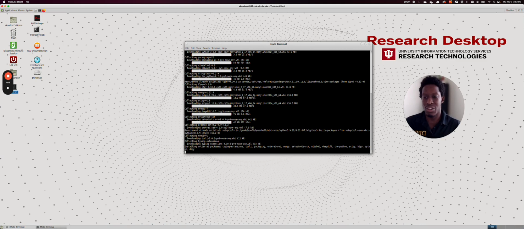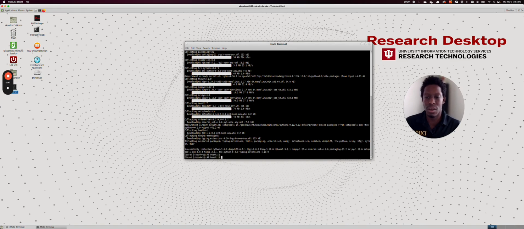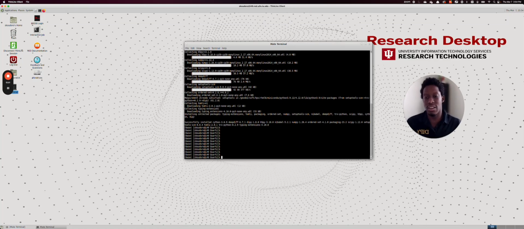So we are patient, we wait for the DIPY installation. Okay, so as you can see, DIPY is successfully installed. Here you see successfully installed, and you see all the packages installed following the version. In our case, you can see that DIPY is installed here. So the best way to verify that DIPY is installed is